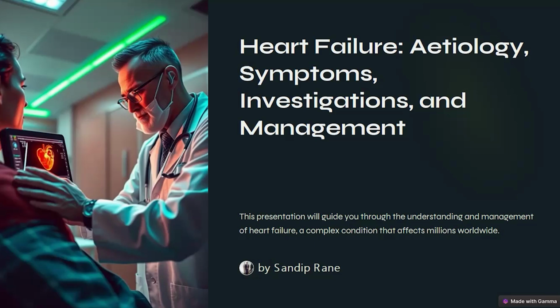Okay, so we treated him as a case of bronchial asthma, lower respiratory infection, gave antibiotics, and within 2 days, he had recovered totally. Then the X-ray showed a small patch. So these are basic investigations which help us in differentiating the etiology, and it aids us in treating these patients on a faster basis. Let us go to what are the etiology, symptoms, and investigation management of patients with heart failure.